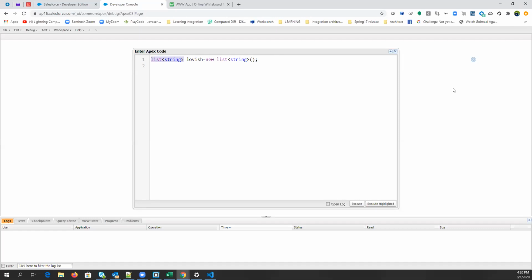Like in a class, we define the class name to make it a class type object. List is the class name, right? So list is a class. They have declared a list class, and in that list class they have declared a lot of methods. By using those methods, you can create a collection, you can remove a value from the collection, you can add a value in the collection. So for everything we have a different method, right?